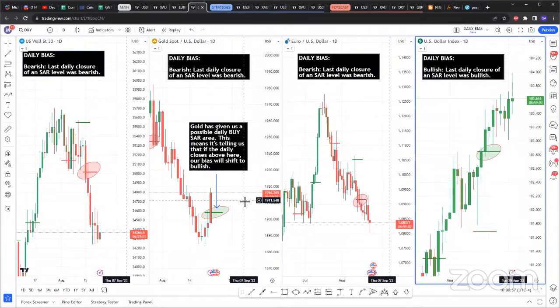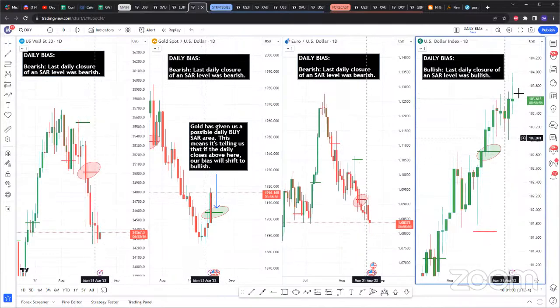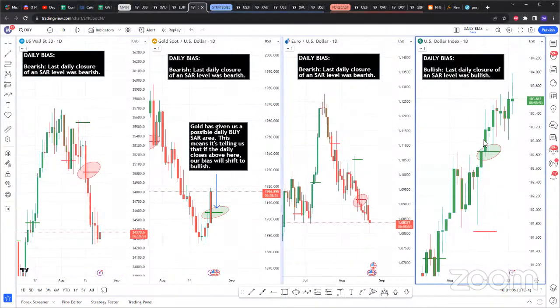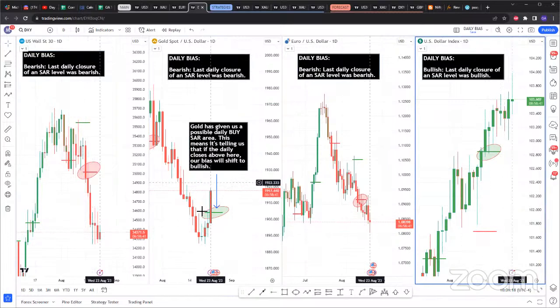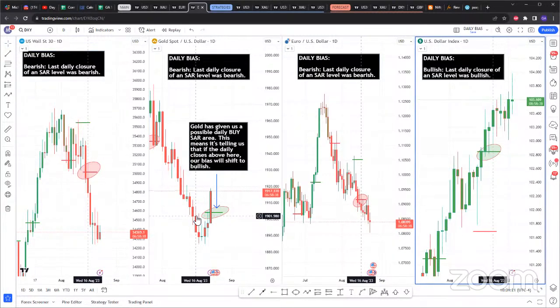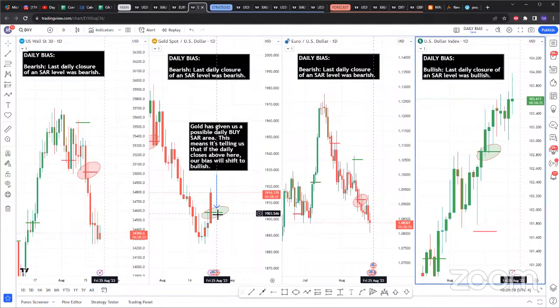So this is one of those instances. Keep in mind, as much as gold is correlated to the US dollar, look at what's happening. The US dollar for the longest has been pushing up, like the last 5 hours. But EU, yes, has been pushing down. So in correlation, US dollar pushes up, EU goes down. But the US dollar is pushing up and gold is also pushing up. So you can see not every time, just because something is tied to the US dollar, does it mean that if the dollar goes up, X instrument will go down as well. And that's the beauty of the SAR. It just marks up, this is my buy zone, this is my sell zone. I don't care what the US dollar is doing.